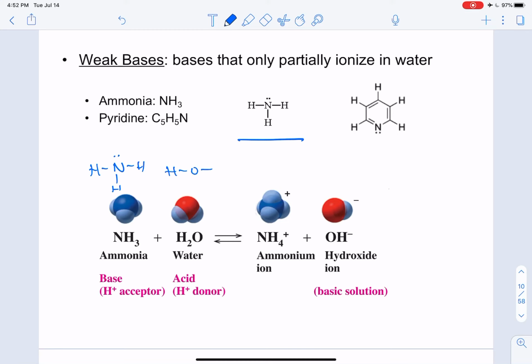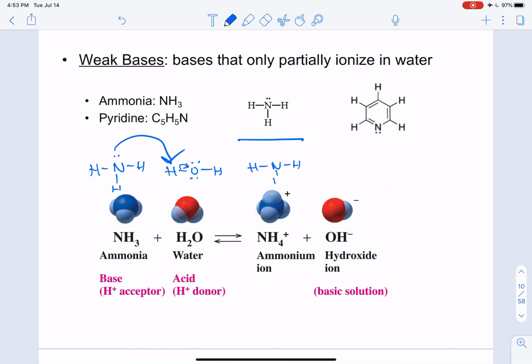And we have water right here. The lone pair electrons on the nitrogen will reach over and grab an H+. So it'll rip the H+ off of the water, and then the bonding electrons that are between the hydrogen and the oxygen will be released onto the oxygen to make non-bonding electrons, or a lone pair. And so what we get is the ammonium ion,